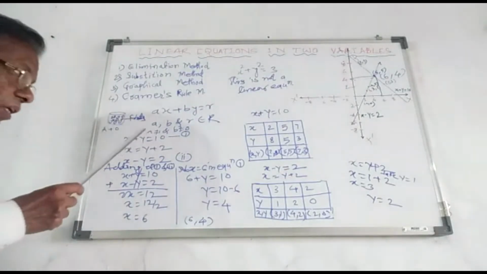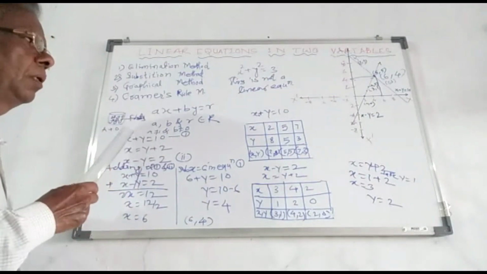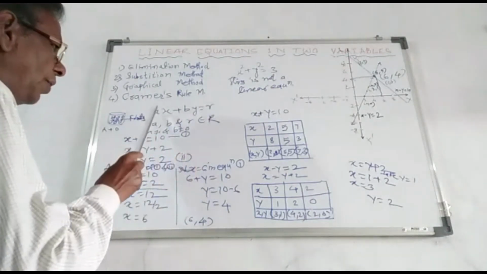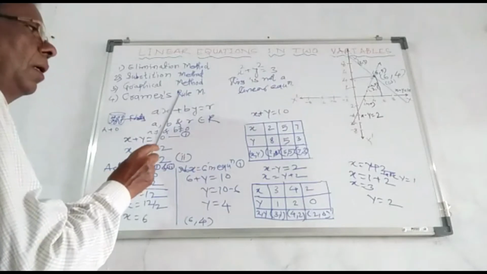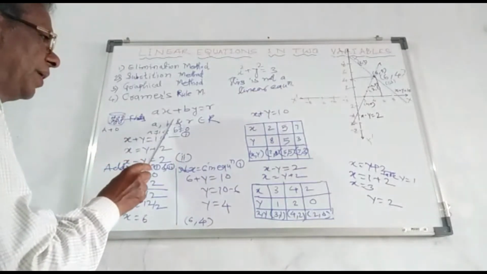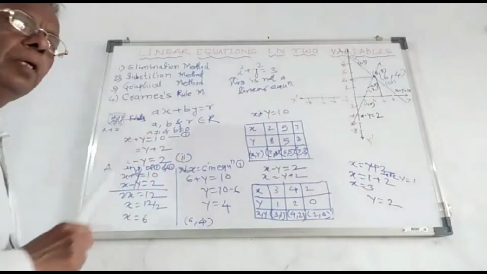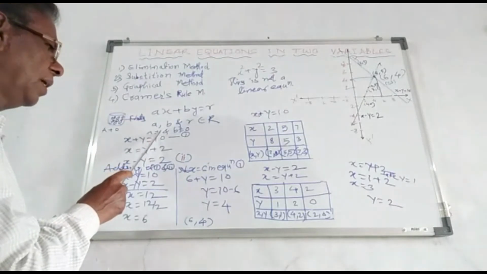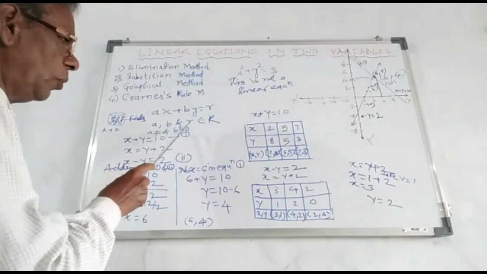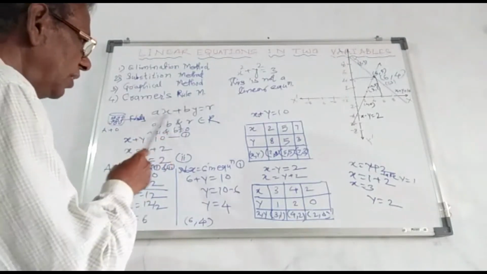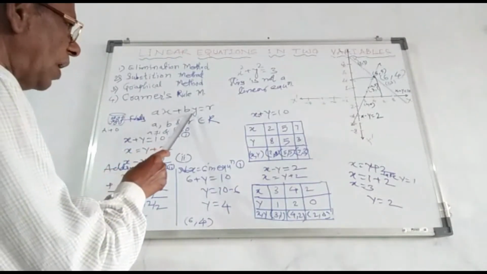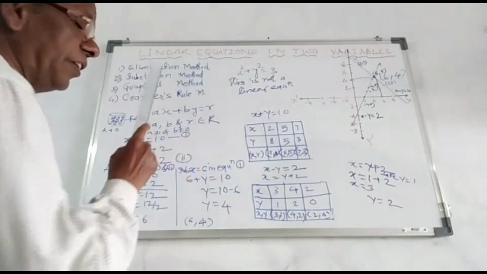So, a linear equation in two variables is ax plus by equal to r. a is the coefficient of x and b is the coefficient of y, and a, b and r belong to the real numbers. a is not equal to 0 and b is not equal to 0. If I take a equal to 0 and b equal to 0, then this equation is meaningless. So ax plus by equal to r is a linear equation.